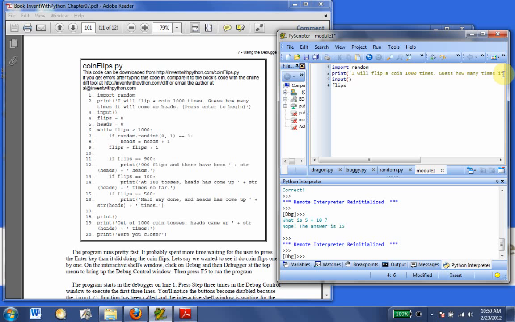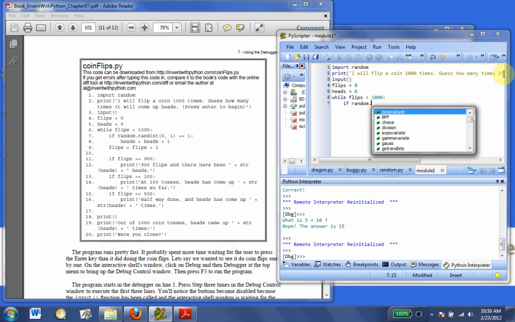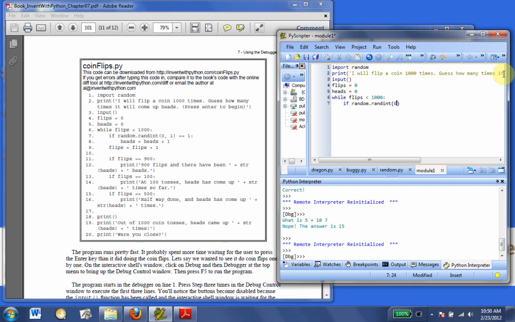We're going to set the flips value as 0. We're going to set the heads value as 0. And then we're going to do while flips is less than 1,000. Okay, so if random.randint between 0 and 1. If random.randint equals 1,